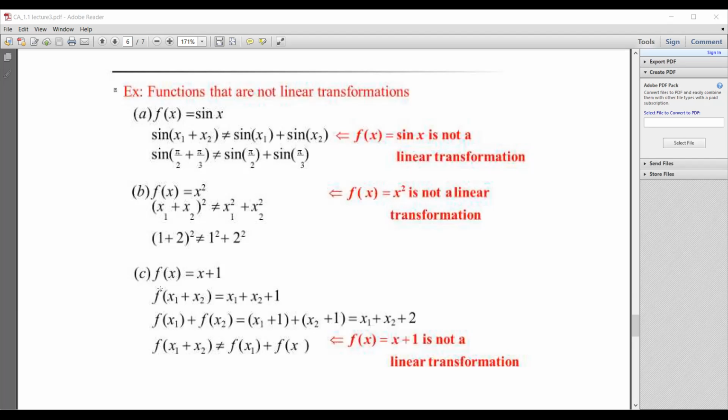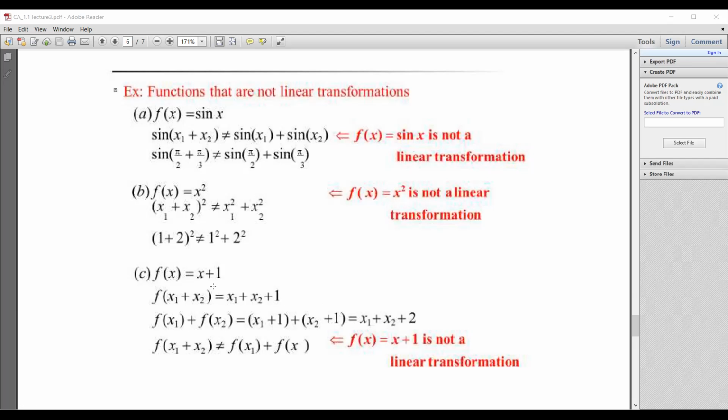Similarly, from the third problem, f of x is equal to x plus 1, we can note here that the power of x is 1. So we can predict that this may be a linear transformation, though there is no hard and fast rule. But whenever you see that the power of x is more than 1, there is no question of being linear for that function. And when you have the power of x equal to 1, there is a chance that this function may be a linear one, but it may not be all the time. We have to verify both the conditions. This example also doesn't hold condition number 1, as we can see directly from the calculations.